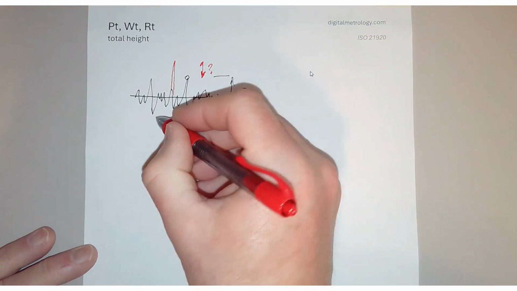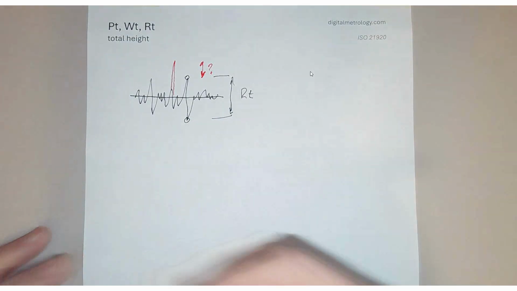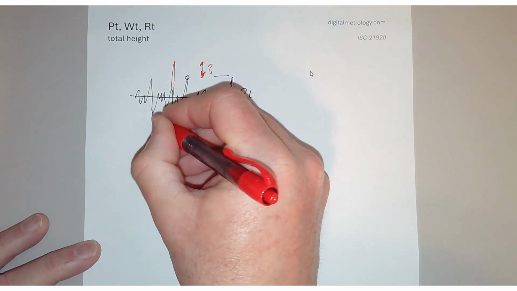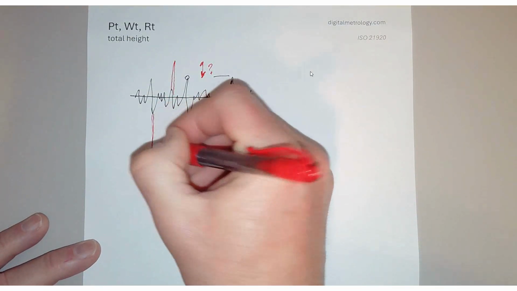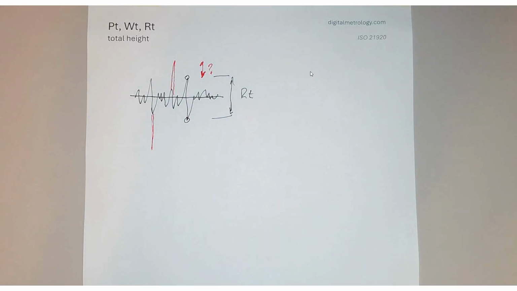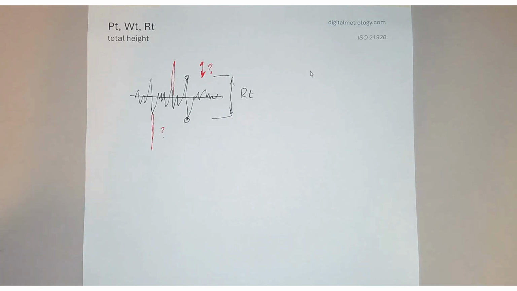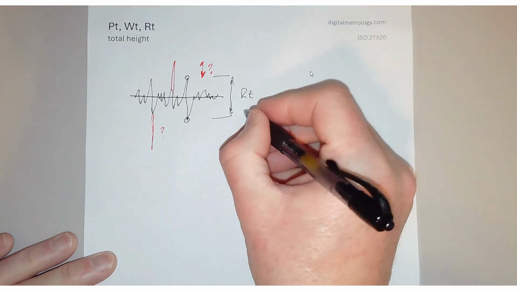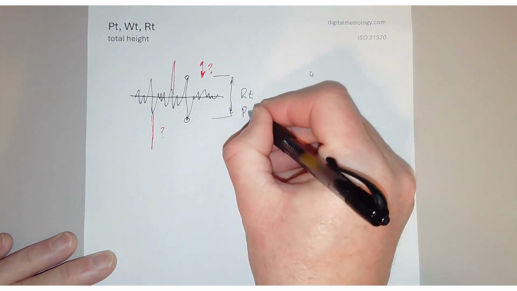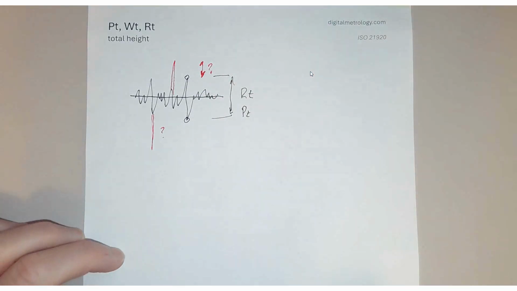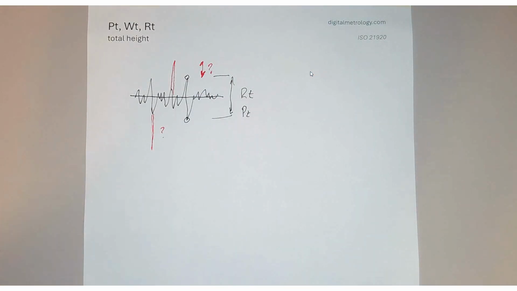Similarly, there could be a pit or a pore that causes a deep valley that could also be kind of unstable and not actually part of our manufacturing process. So these questionable features, or these unstable features, can make RT or PT a bit of a challenge. The RT or PT parameters can be influenced by dirt, so they're not quite as common in production or in